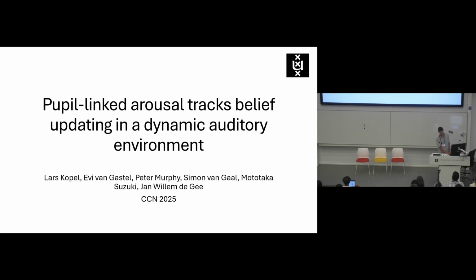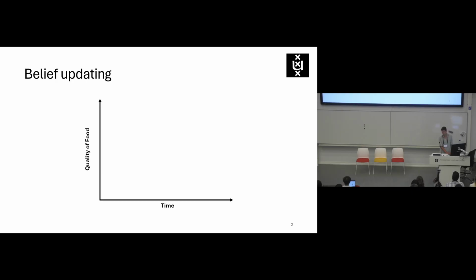I want to start my talk by giving a small example. Consider going to your favorite restaurant, and since it's your favorite restaurant, you're going to regard the quality of the food there to be pretty high. Hopefully the chef can meet these expectations every time you go there, with a degree of natural fluctuation. However, one day you're going to encounter a very disappointing meal, and you might give the restaurant one or two more shots, but at one point you have to consider the option that something has fundamentally changed in the world and maybe the chef has simply been replaced. This should prompt you to update your belief about this restaurant and prevent you from going there anymore.